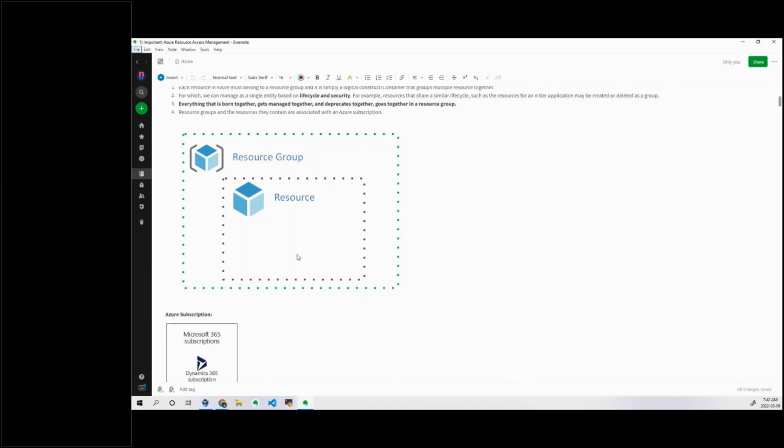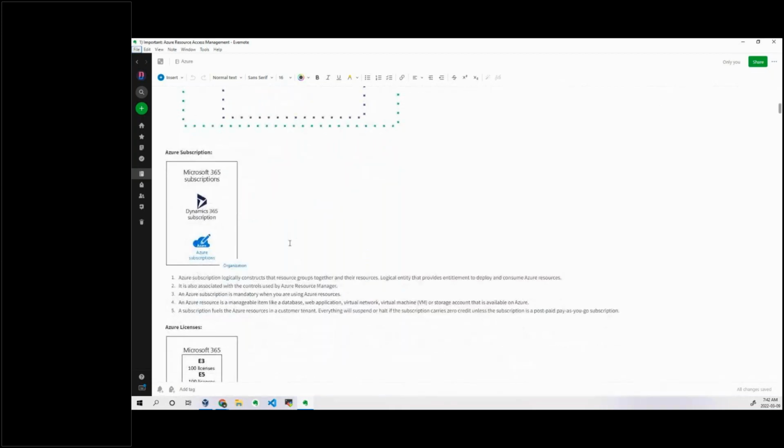Now, what is a subscription? A subscription is a license which you have to purchase. The advantage is that when you purchase a subscription, it adds billing to it, whether it is a free trial or pay as you go. All the billing will be added under that particular subscription.